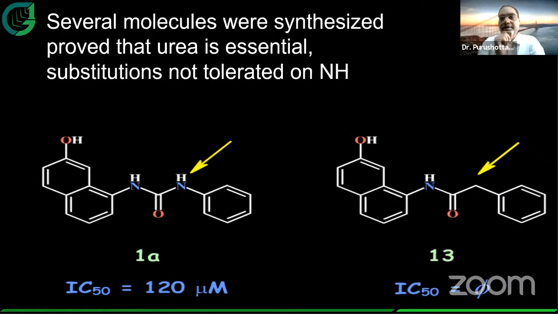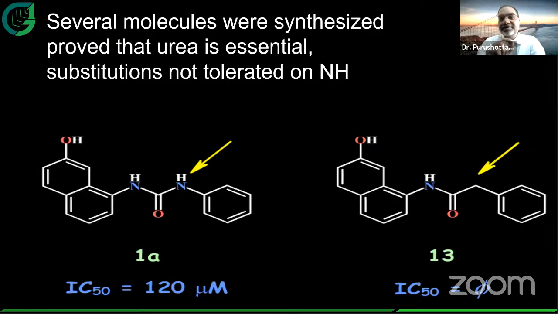So you have to conclude from the structural modifications only which part, which moiety, which functional group is important. What this slide is teaching us is that the nitrogen in the urea